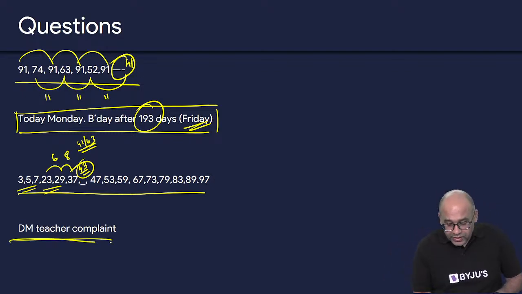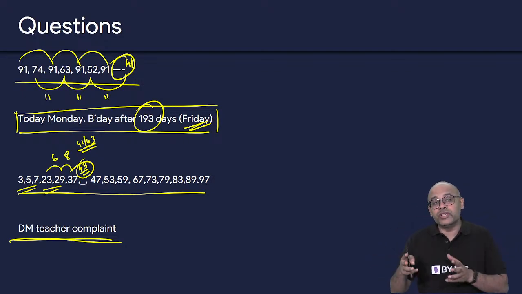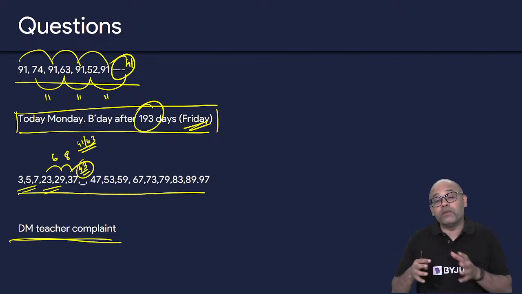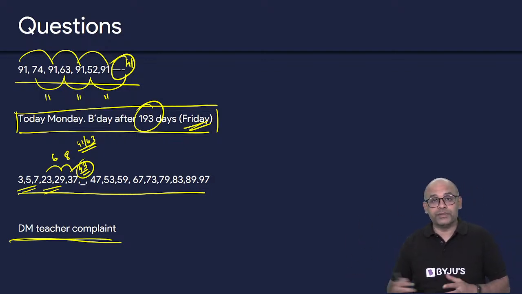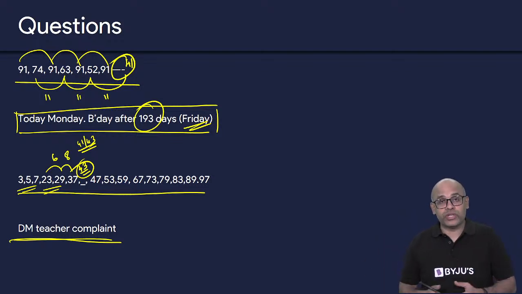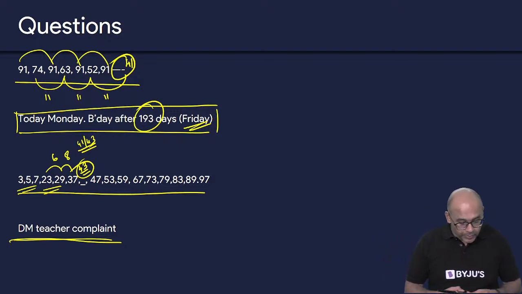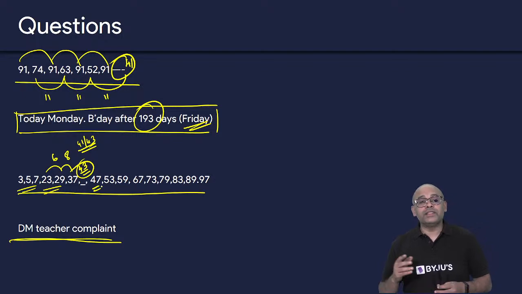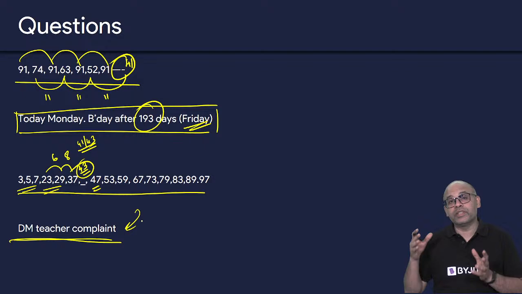The next was a decision making question. It was on a complaint that 3 students who got a low score in one of the exams go to the principal and complain about a teacher. And what should the teacher do? That's what the question was. How many of you remember the answer? 47 was not in the options. 47 was there in the question itself. Guys, how many of you remember the answer to this question? The decision making question about the students going and complaining about the teacher to the principal?